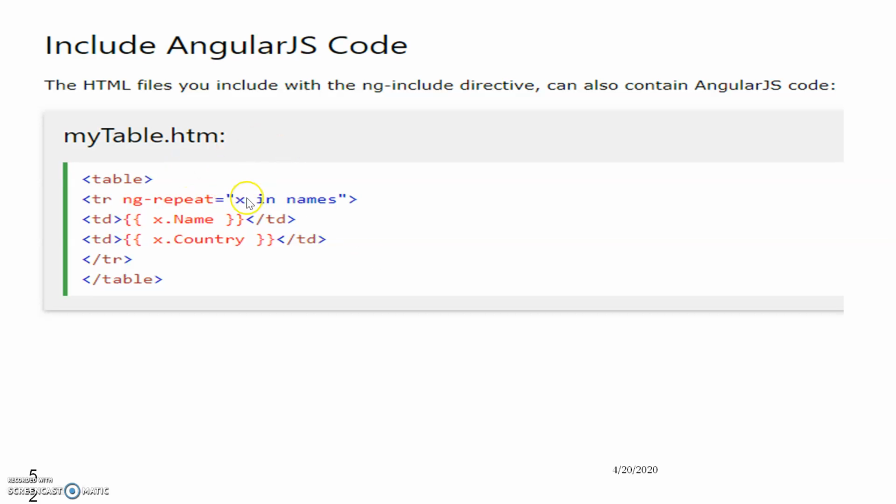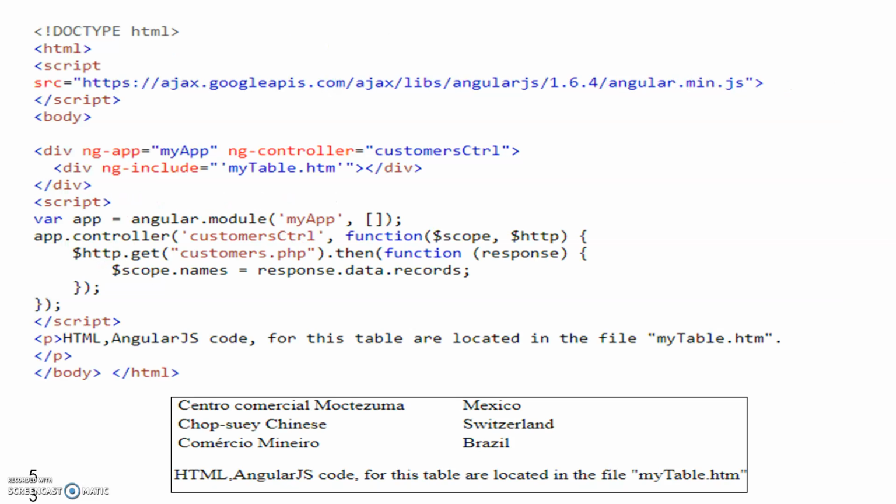This is the code for ng-include. You can display the table, this we have seen for the table. This will be the output for that table content, which will go one by one from the scope. ng-app, ng-include my table, and contents for that will be given from this controller with the customer.php.